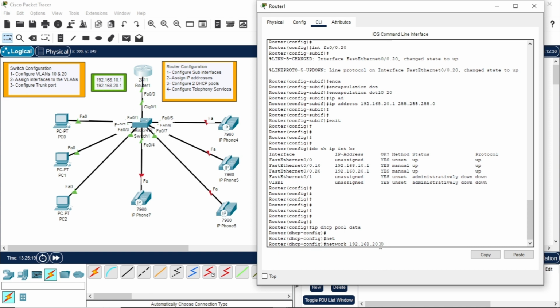20.0 is basically the network, because remember, in class C or any class, changing the host address to 0 converts the IP address to the network address or network ID. So instead of this 1, we are using 0, and that converted to the network. That means include all the IP addresses in this network. So the network is 192.168.20.0 and the subnet mask is